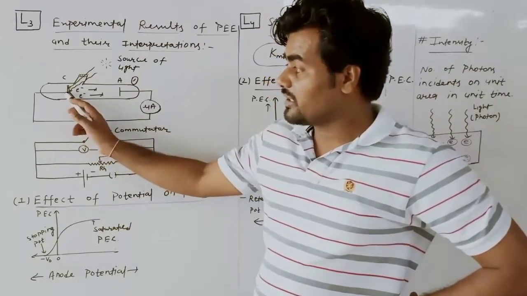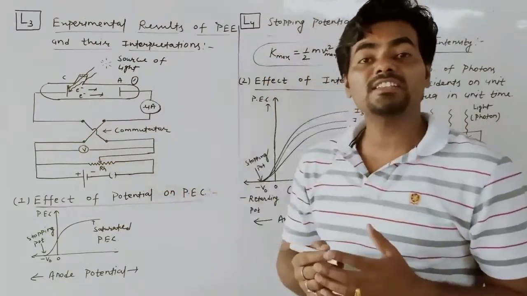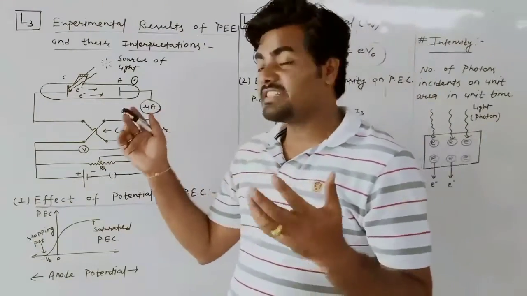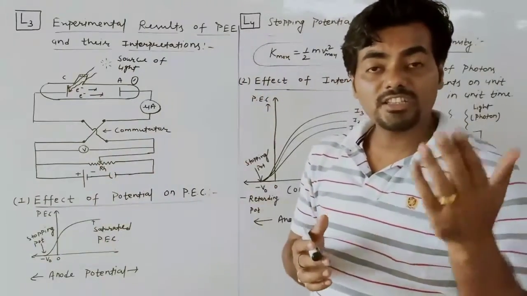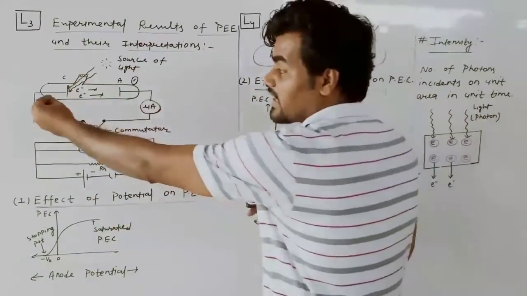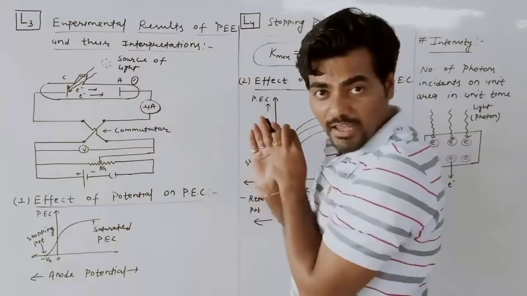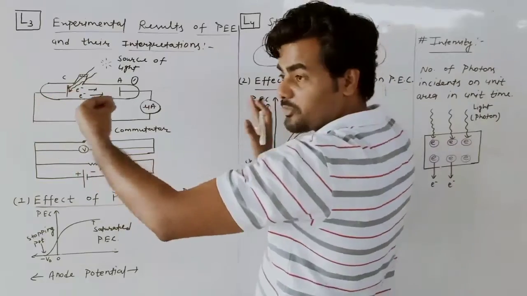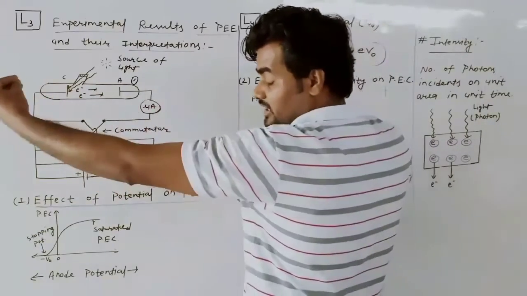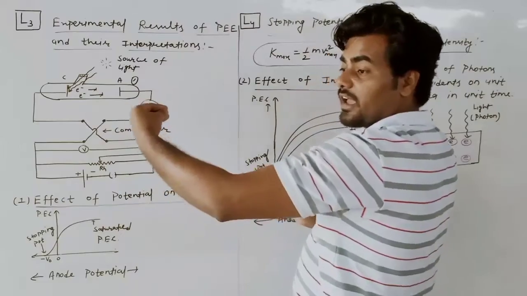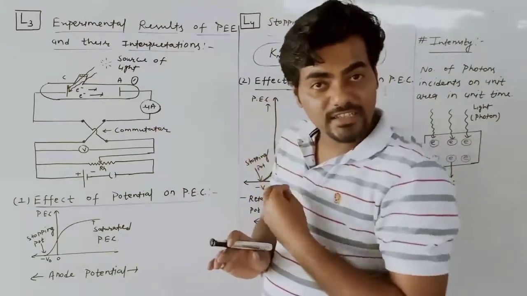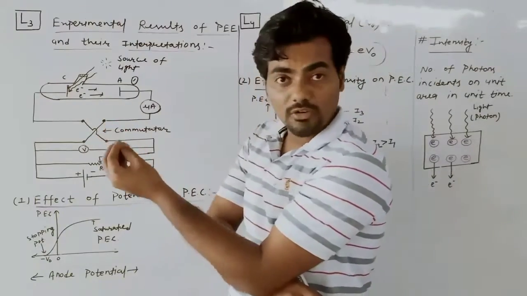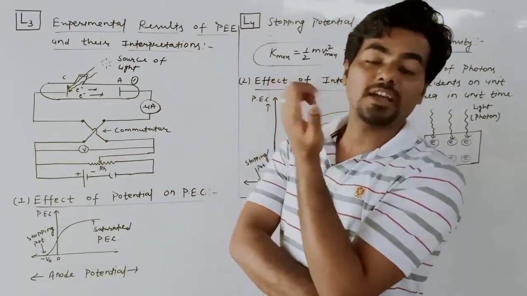Initially, when the electron emits from the metal, its energy is in the form of kinetic energy. Now, as the electron approaches the anode, it has to do work against the repulsion of the negative potential. Hence, its kinetic energy decreases and its electric potential energy increases. That is, its kinetic energy gets converted into electric potential energy.